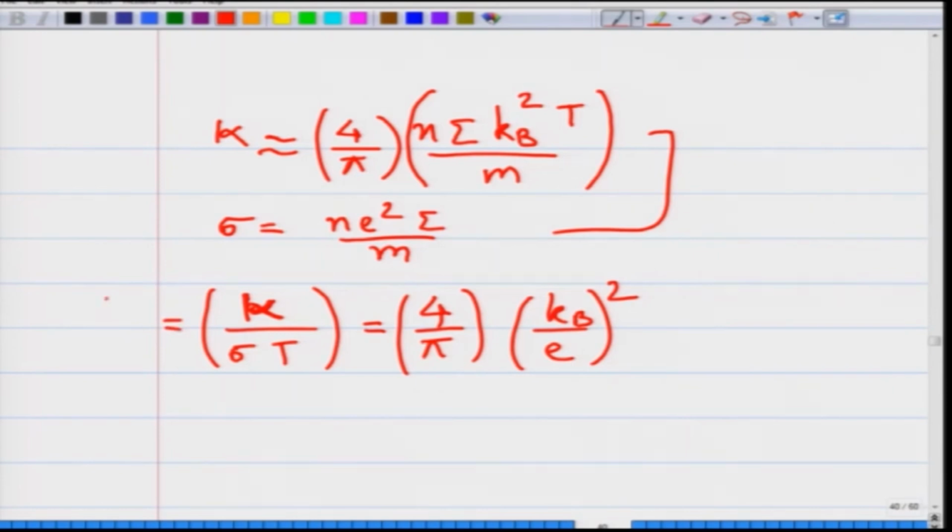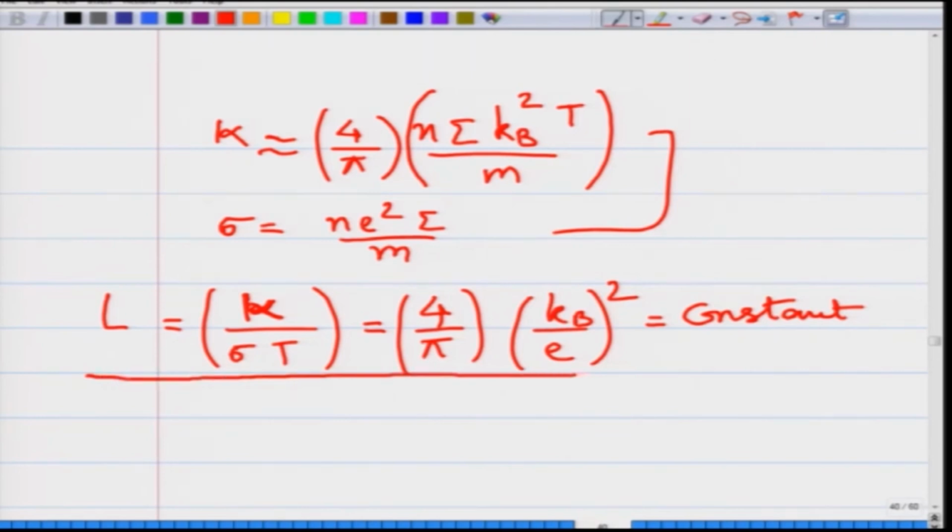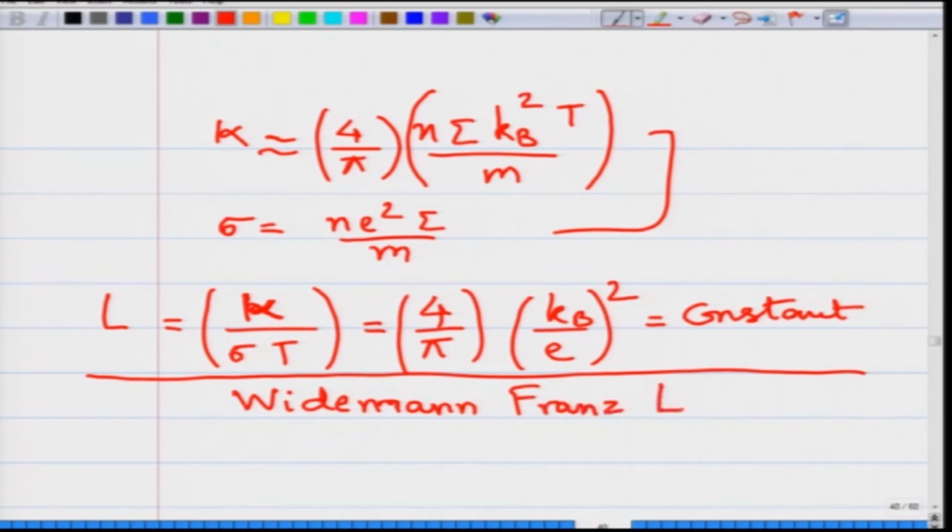So, this is a constant which is denoted by L, and what this states is that the ratio of thermal conductivity to the electrical conductivity times the temperature is a constant, and this goes by a very important law, namely the Wiedemann-Franz law,